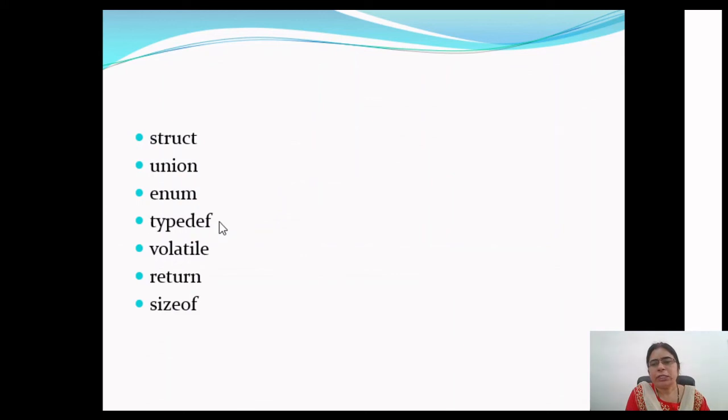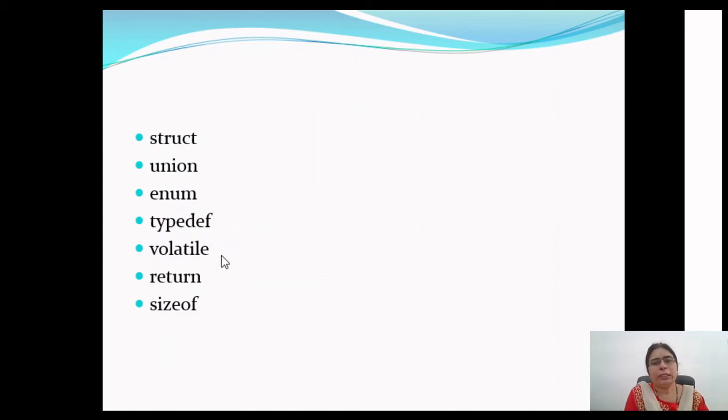The next keyword is typedef. This is used to define a specific type. For the basic data types also, we can define it with a different name so that it is easily recognizable. Otherwise, for other derived data types and user defined data types, we can have typedef statements, and we can define the type and the name according to our convenience. And then that name can be used for declaring variables further in the program.